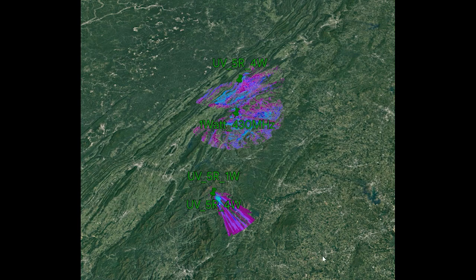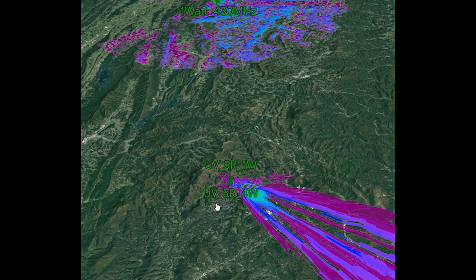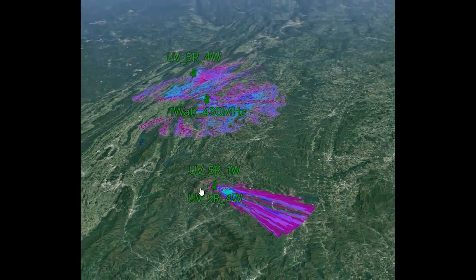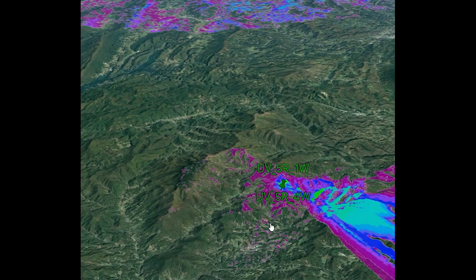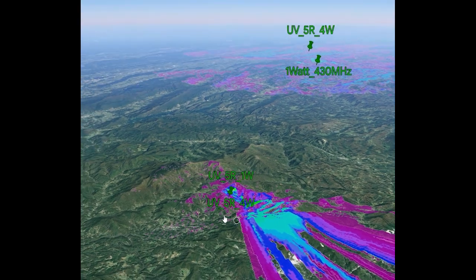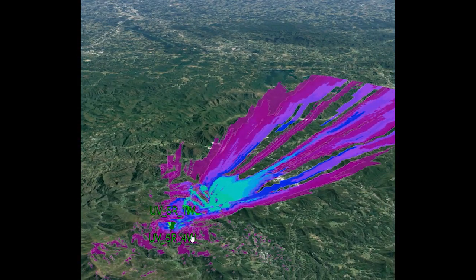Here is the propagation model I was talking about. So here's a few of them that I created. I like doing them in 4 watt and 1 watt configurations, that way I can see the difference between the power levels. It just gives me an idea of what my equipment's going to operate like in that terrain. I honestly can't tell you if this is going to transmit all the way from here, this huge distance,